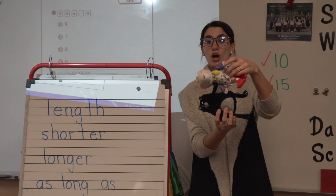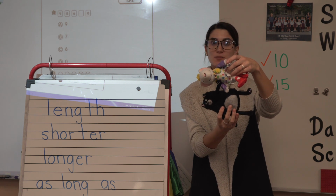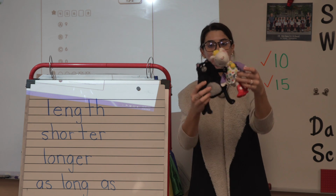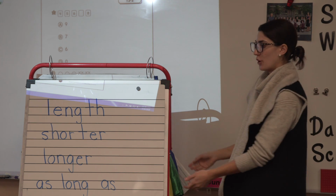These are as long as. So Lily is as long as Splat, or you could say Splat is as long as Lily. They're the same length. Awesome job, kindergarten. So those are,